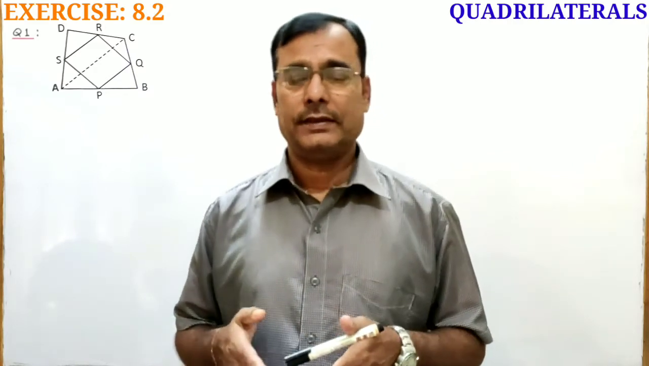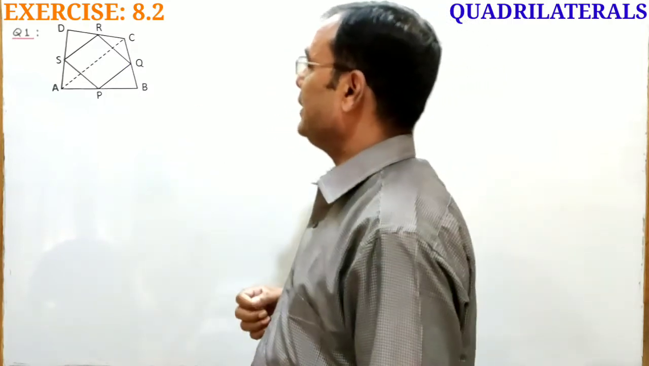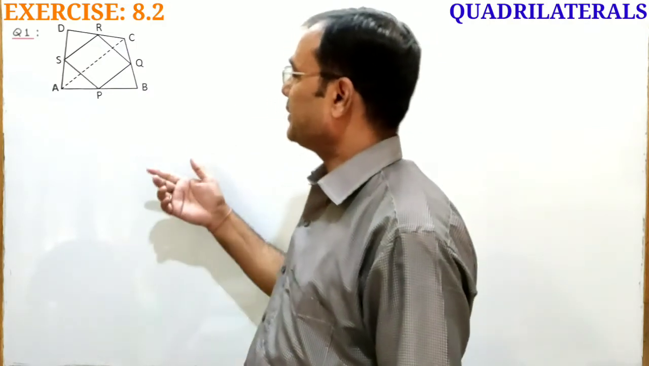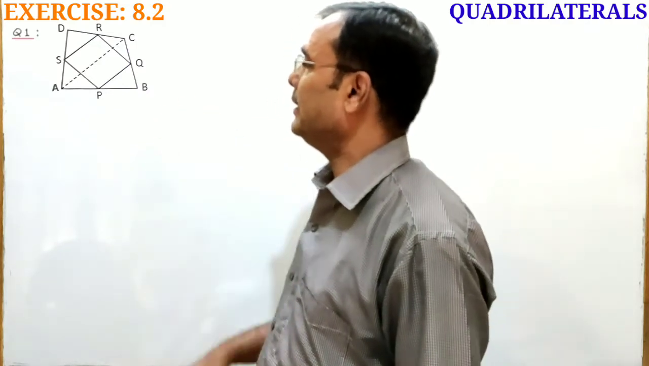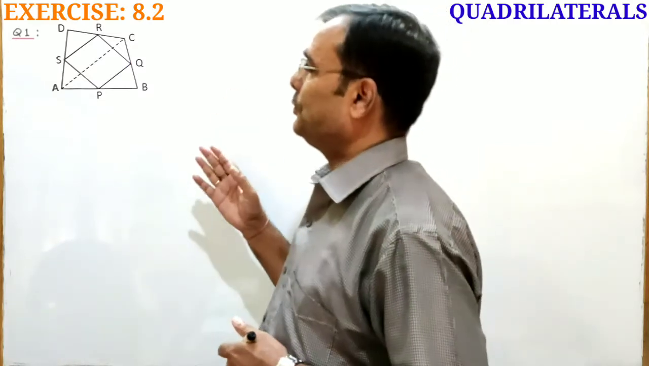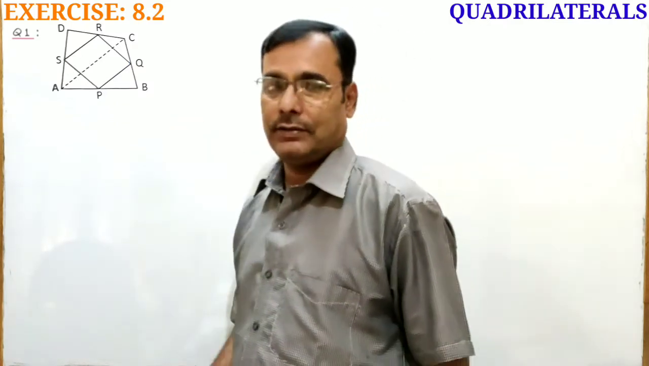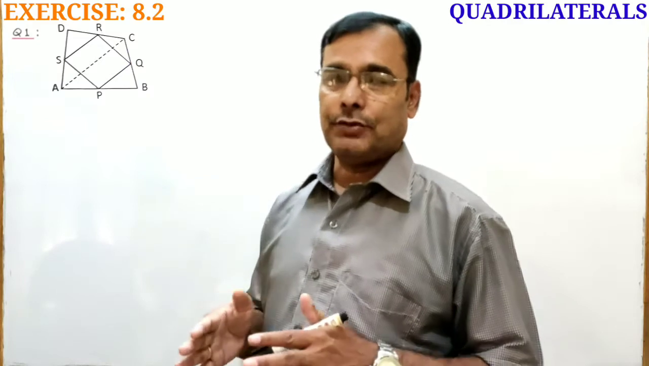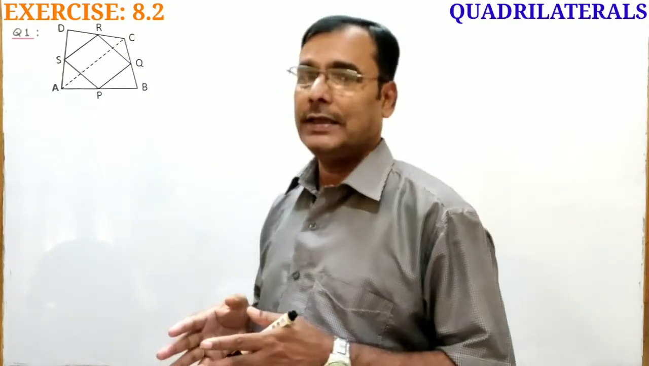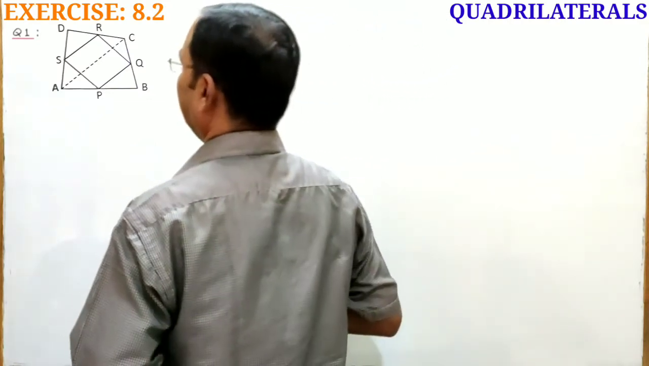To prove this, we have drawn a figure, and in this figure ABCD is a quadrilateral. P, Q, R and S are midpoints of sides AB, BC, CD and DA of quadrilateral ABCD. AC is a diagonal. We have to prove that quadrilateral PQRS, which is obtained by joining the midpoints of four sides of quadrilateral ABCD, is a parallelogram. So let us write given